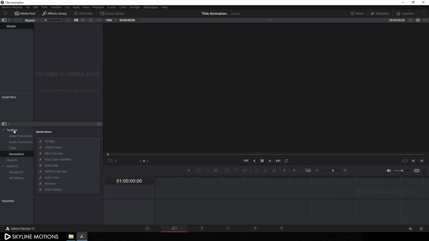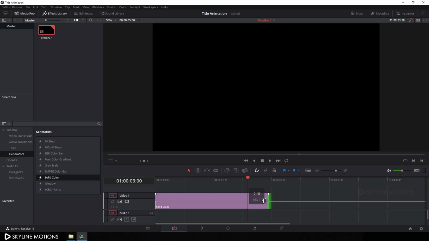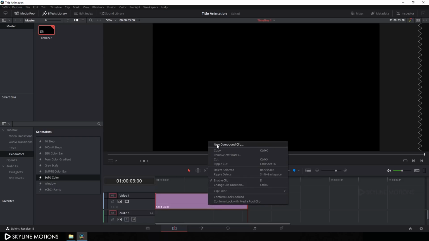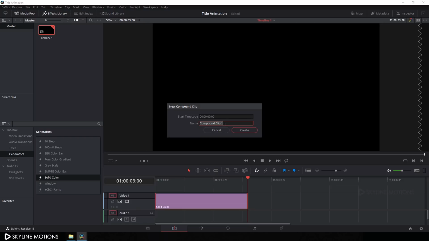So go to toolbox, click on generator, and here is solid color. So just drag this solid color on this timeline like that, and let's set the duration of your motion graphics. So I'm taking 3 seconds long, so set the CTI on 3 seconds and let's drag this clip like that. And now right click on this solid color and let's convert it into a compound clip. So click on this compound clip and let's call it text